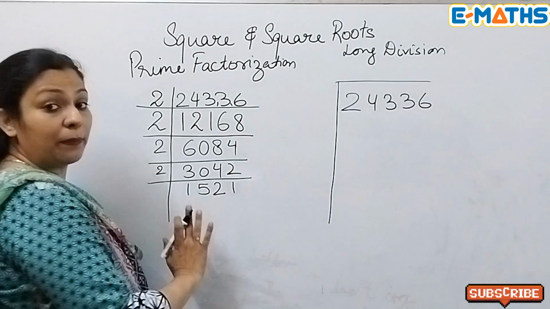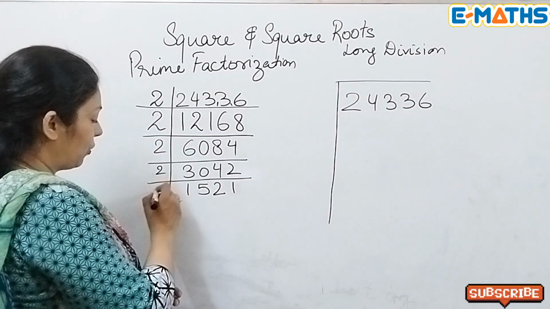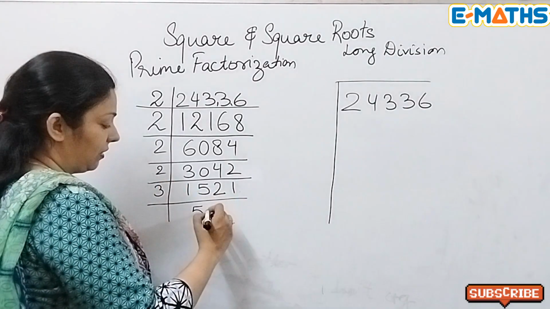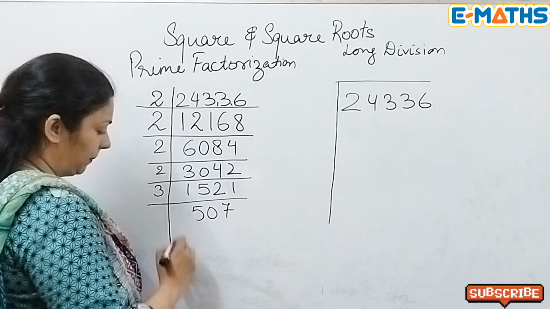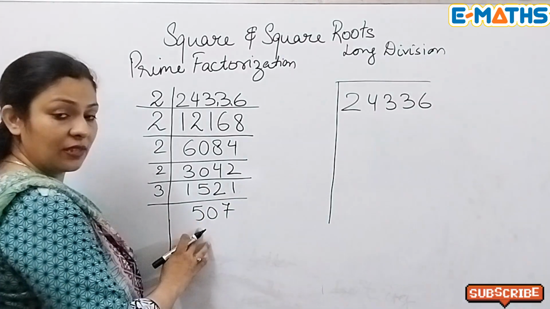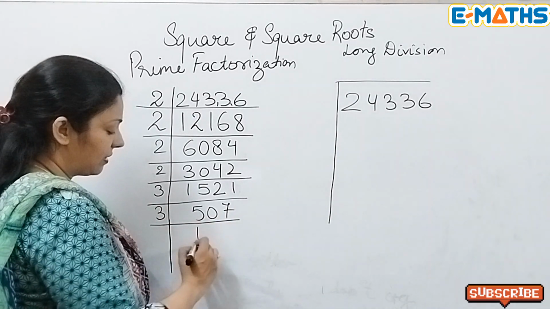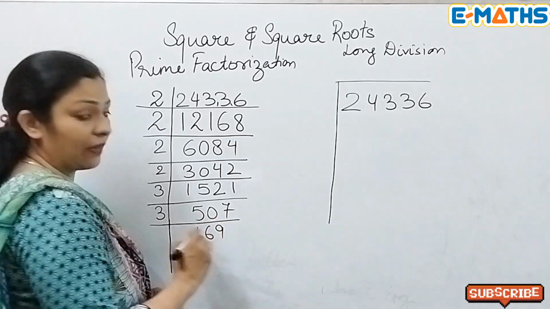Now we need to check by which number this is going to be divisible. So 5 plus 1 is 6, this is going to go by 3. 3 fives are 15, a 0, and then 3 sevens are 21. Now 7 plus 5 is 12, again this can go by 3, so write this 3 here. 3 ones are 3, 2 remaining, 3 sixes are 18, 2 remaining, 3 nines are 27.